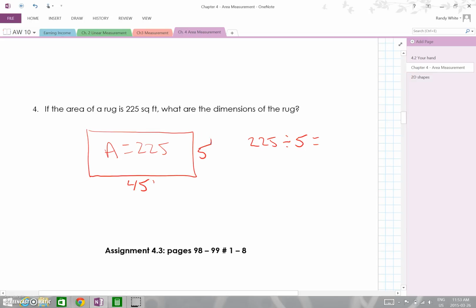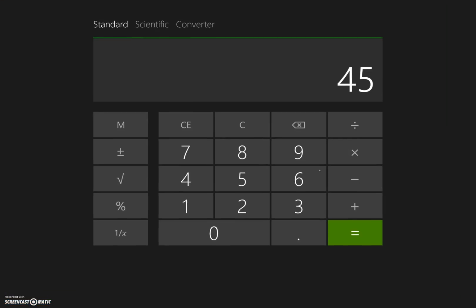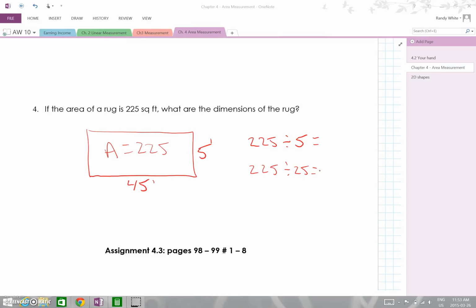I could also divide it by 25. So if I take 225 and I divide it by 25, I'm going to see that that's 9. So it could also be 25 feet by 9 feet. Both are correct. We don't know. It could be either or. And there are some other options in there as well. Okay? So, try this out. When you do page 98, 99, numbers 1,